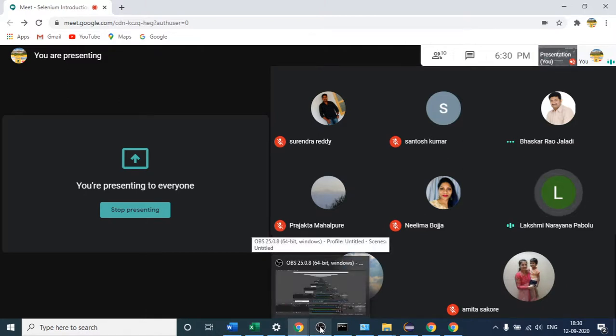You are asking about Cropath. Is it the right one, Bhaskar? Yeah, I got it from Lakshmi's perspective. Lakshmi was discussing one Cropath plugin, right? If you use Cropath, then within one single click you will get the XPath or the ID of that particular element.